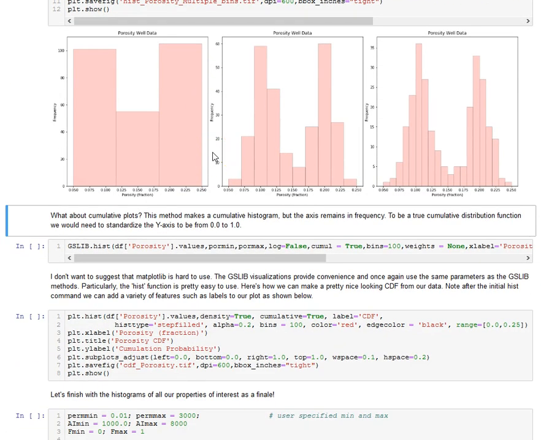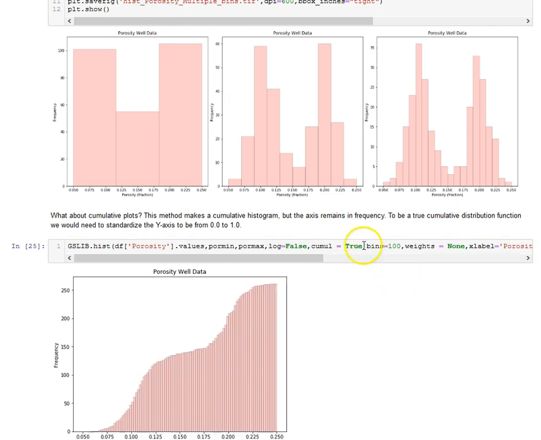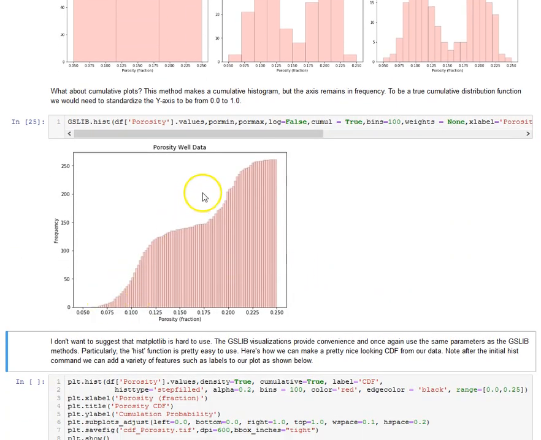You're smoothing things out. So, what about cumulative plots? How do we do that? Well, we could set cumulative to true and go ahead and rerun this. And if we do that, we'll get something like this. Looks pretty good. Now, I mentioned before that the cumulative distribution intrinsically really doesn't have a binning, but